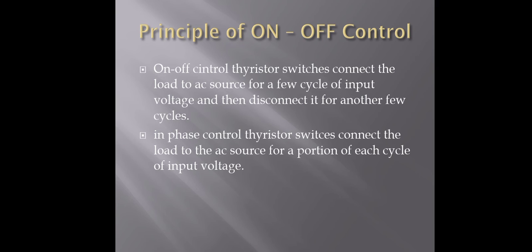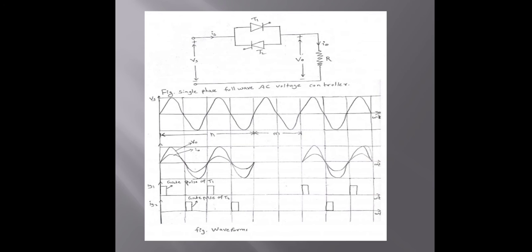Now the principle of the on-off controller. This is the circuit diagram of on-off control and the waveforms are shown here. The input signal is applied, two thyristors are connected in series, and the output voltage is across the resistor R. The input signal is a sine wave, and the principle of on-off control is explained for the single